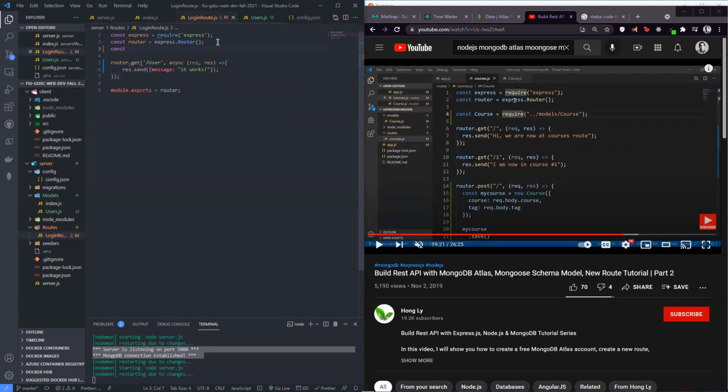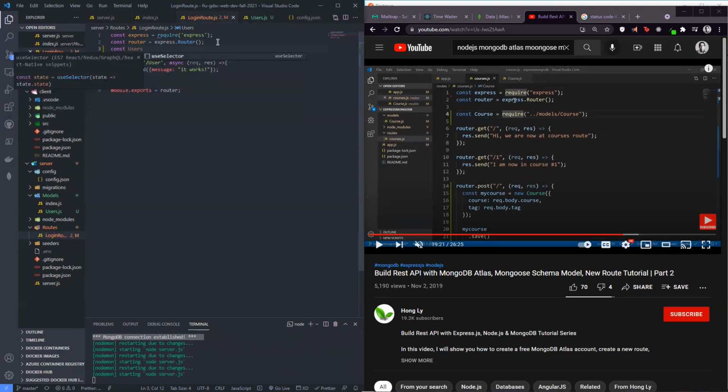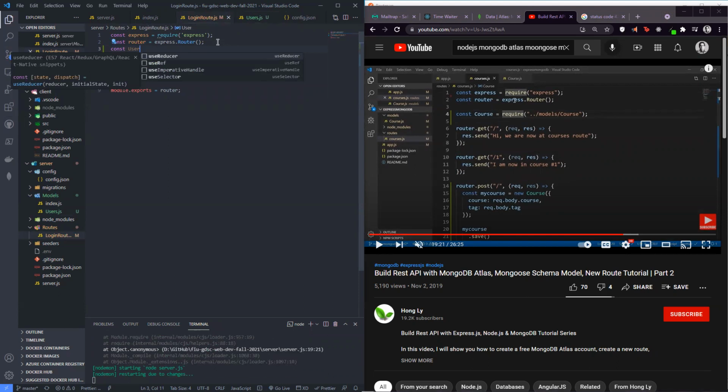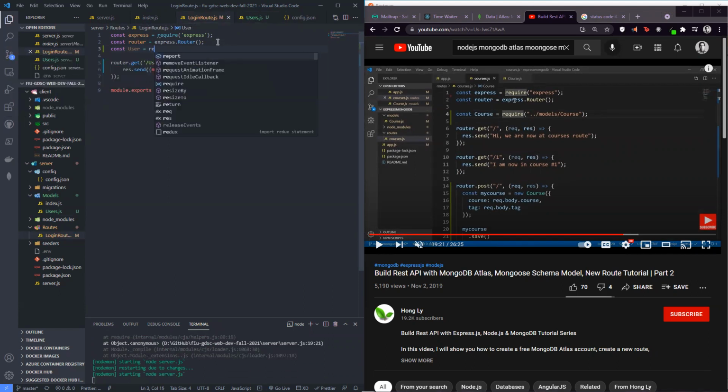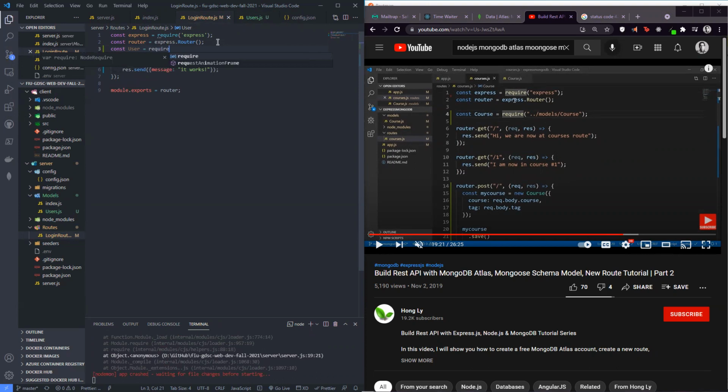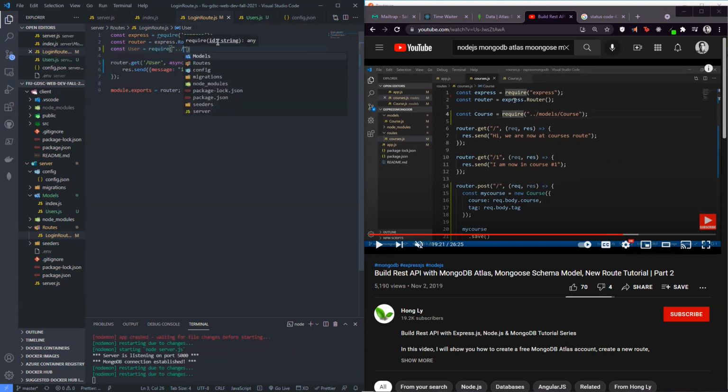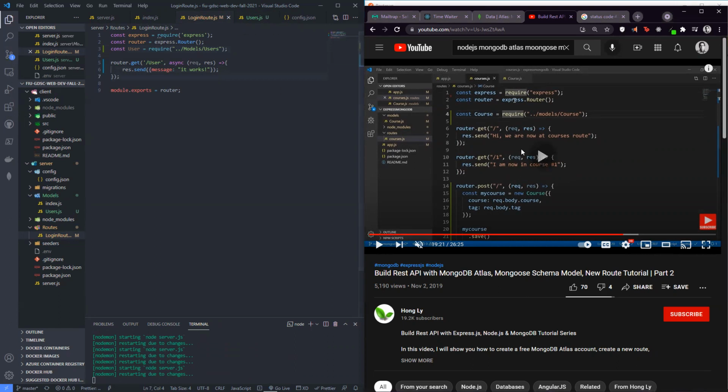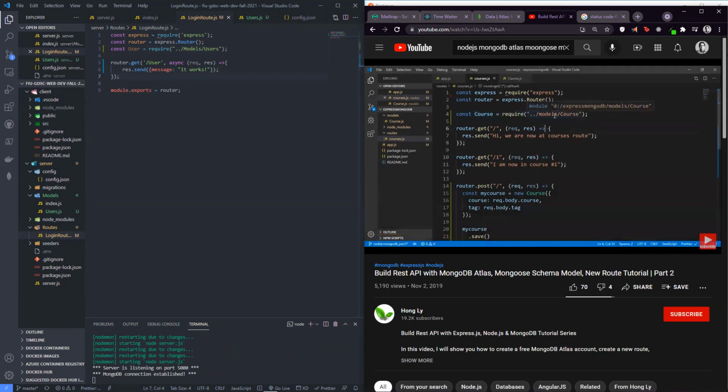Const is going to be users, user, require, right? And it's going to be two dots to go back, then models, and then we do users. Okay. And then